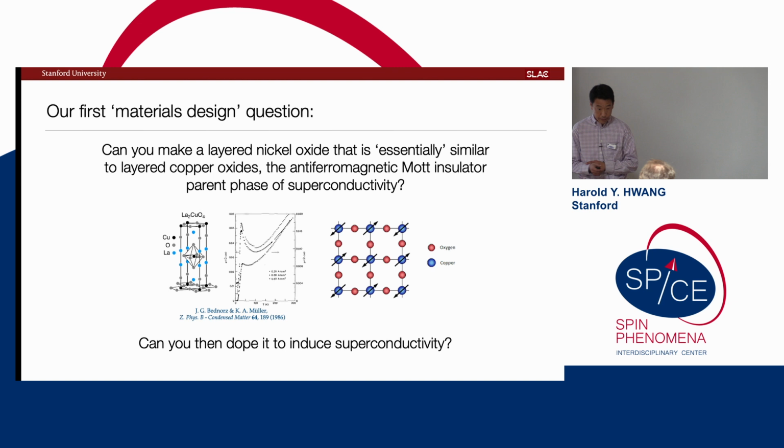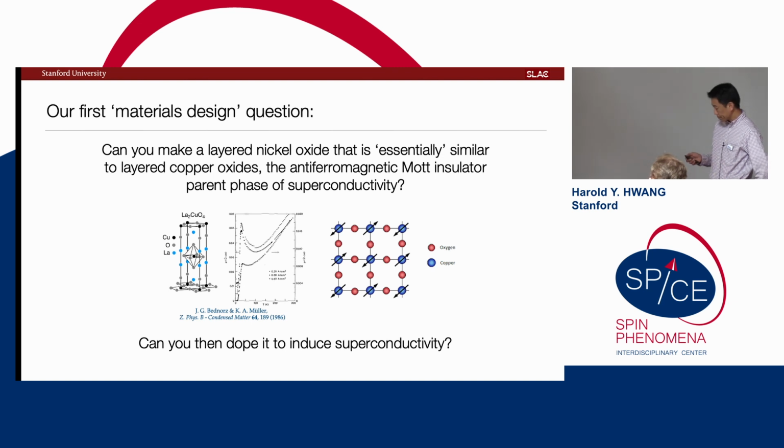So yeah, I want to go through 3 stories, if you will. And the first one is probably familiar to many of you if you're coming from the correlated world. And that is this long-standing notion, almost immediately after the discovery of cuprate superconductors, of whether there would be other materials. You know, it was such a strange place to find superconductivity, not to mention high-temperature superconductivity, that might have similar instabilities and opportunities. And various layered nickel oxides and heterostructures have long been a target for this agenda. And that's really the backdrop of the first vignette I would like to tell you about.